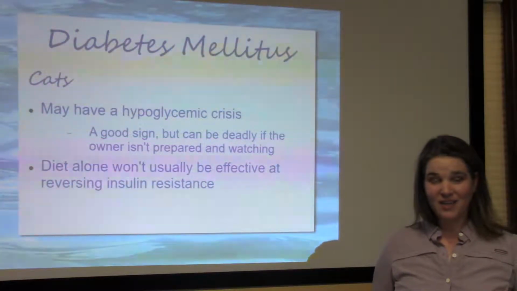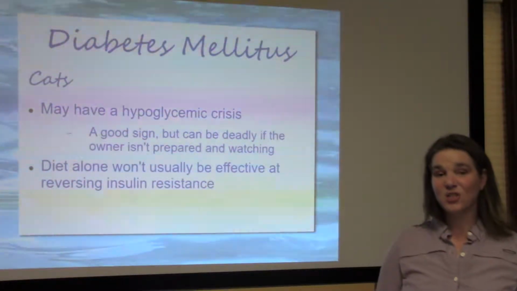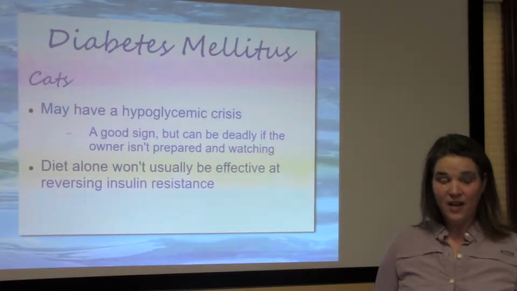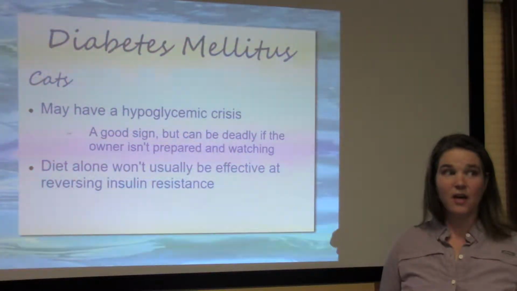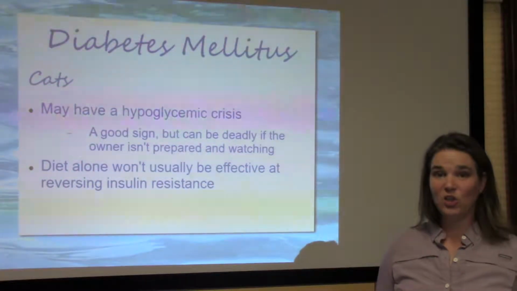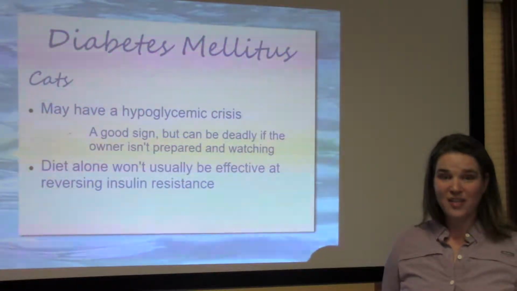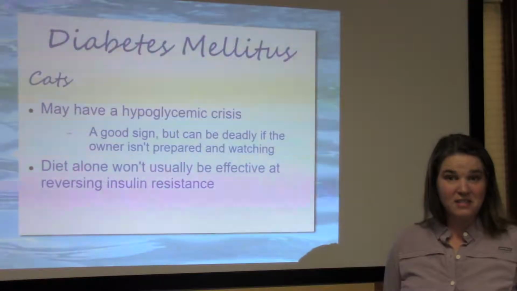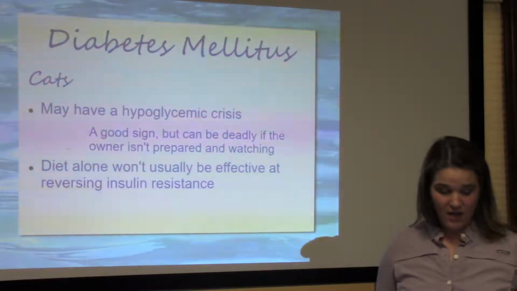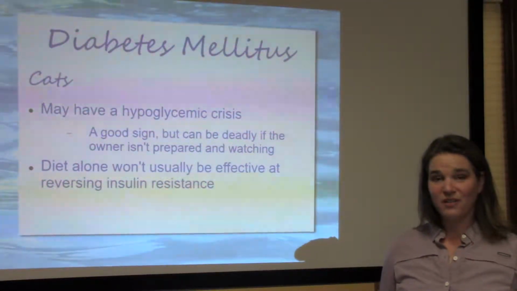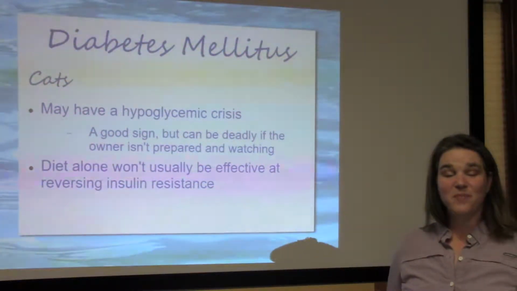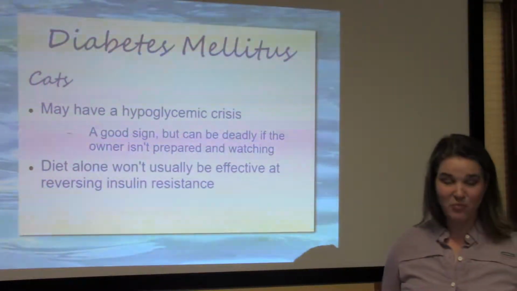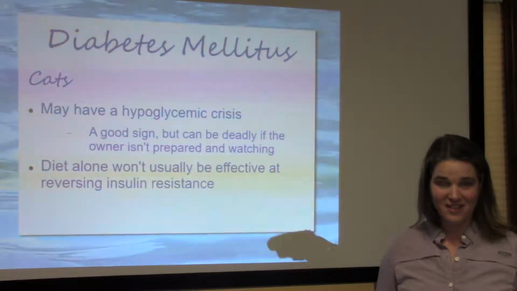If we are supplementing insulin and a cat suddenly starts making insulin on their own, then they can basically get an insulin overdose, become life-threateningly low blood sugar, hypoglycemia, and they can die from that. So we need to make sure our clients know that this is a problem. So if they notice their patient becoming weak after an insulin injection, they bring them in and we can diagnose that this has happened.